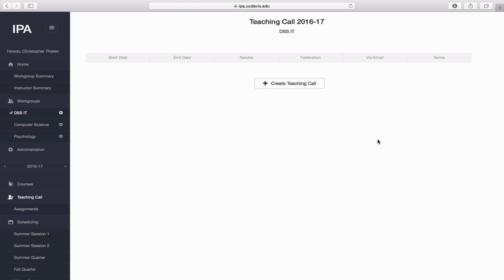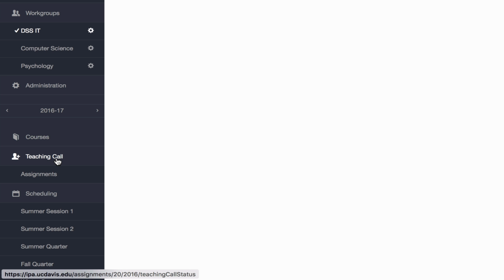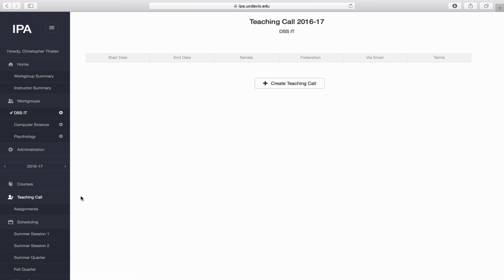To create a teaching call, use the navigation on the left and go down to Teaching Call. And a reminder that if you have multiple work groups, the teaching calls are scoped to the specific work group. Also, you're going to need to ensure that the correct individuals are set up in IPA as a Senate instructor or a Federation instructor before creating a teaching call. So if you need to set up your roster, take a look at the video that describes the work group